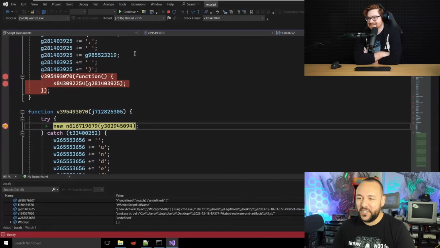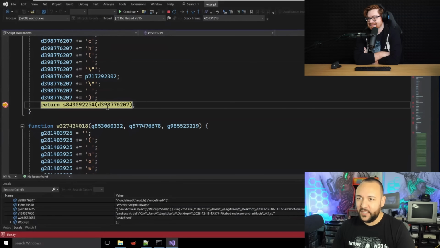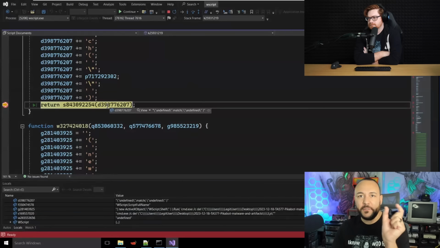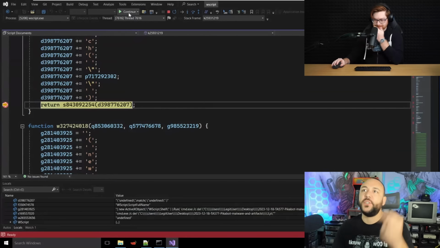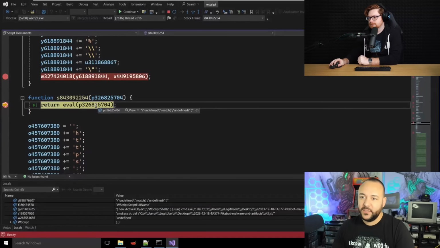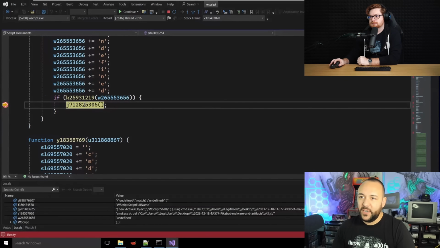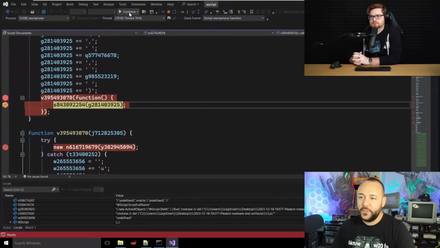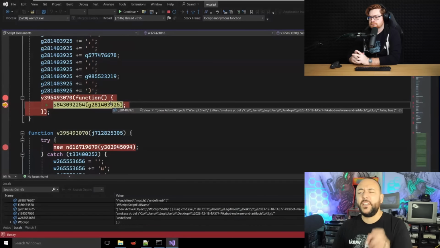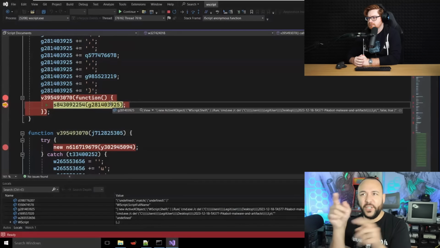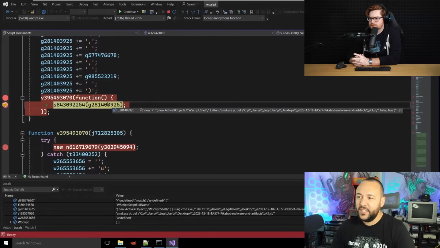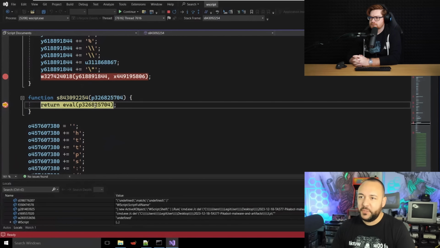So if I continue on again, we're going to skip past that. Now it's doing this undefined match again. Every time it runs and tries to create an ActiveX object, it tries to see if that worked. And here's the eval on there. We skip past it. It's going to create some additional code. Well, I'm saying create additional code. It's going to basically take those variables from another function and just string all the characters together. So here's the actual command that's just about to be run, and then here's the eval to actually run it.